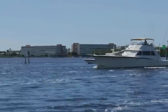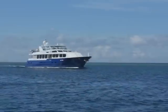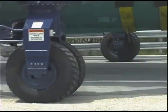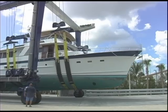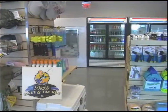The Fort Myers boating community is about halfway between Tampa and the Florida Keys, which has a lot of big boat traffic. So this new location is perfect for boaters that might need something as they're passing by. Diversified has been doing business here in Southwest Florida for about 15 years, but this new facility has really put them on top of the list for boaters looking for maintenance, mechanical repairs, storage, installations, paint and varnish services, even